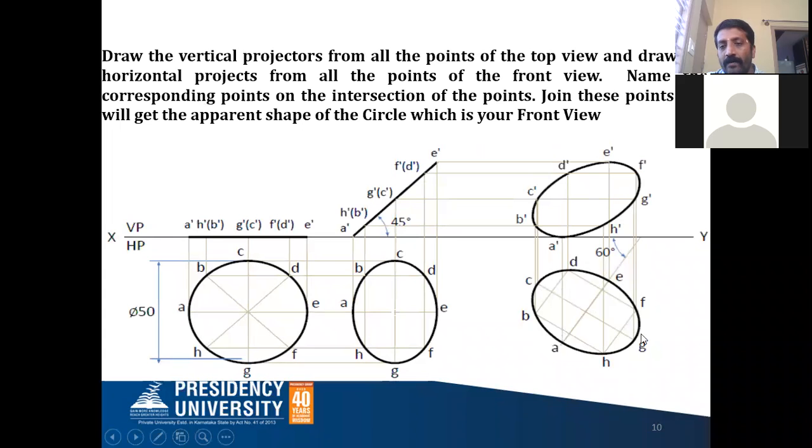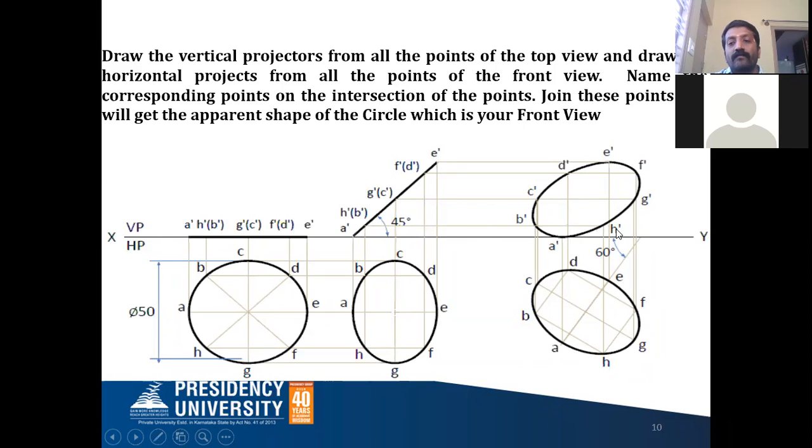From all the 8 points you draw the vertical projectors like this, and draw the horizontal projectors from the front view points. Now the points coincide. So this is A dash, B dash, C dash, D dash, E dash, F dash, G dash, H dash.